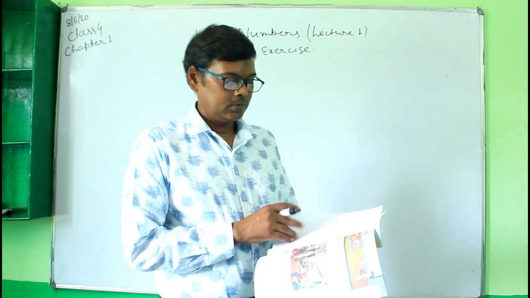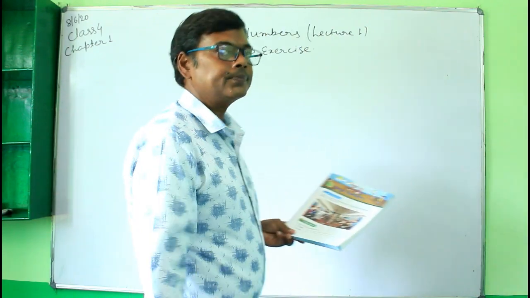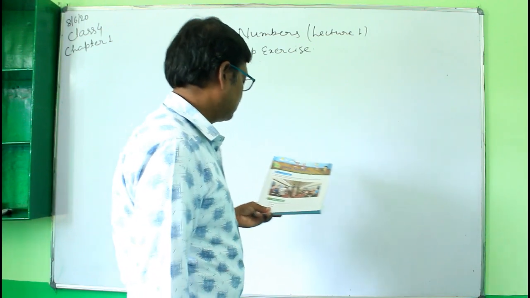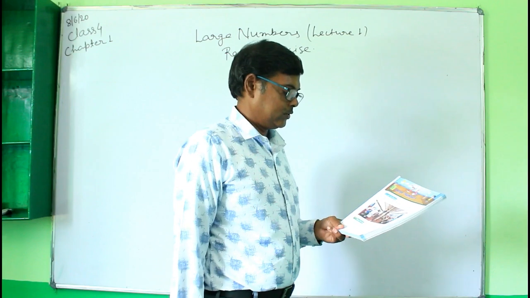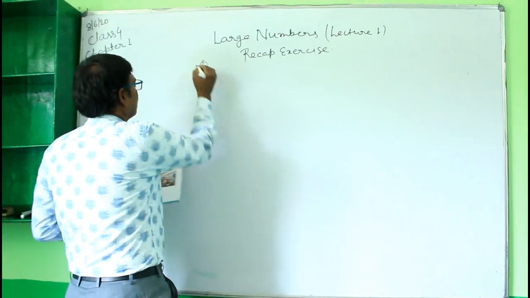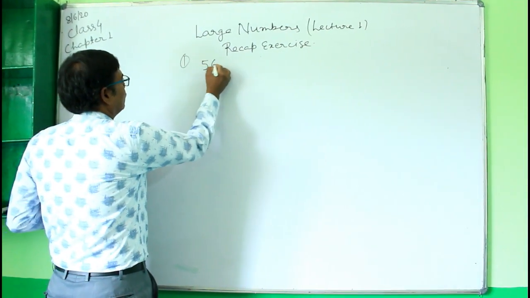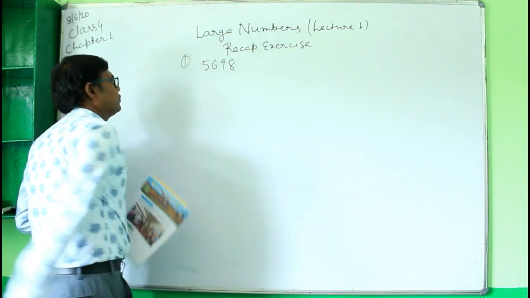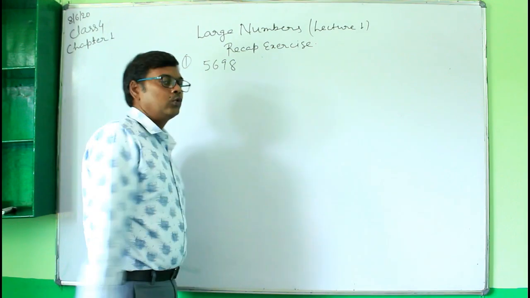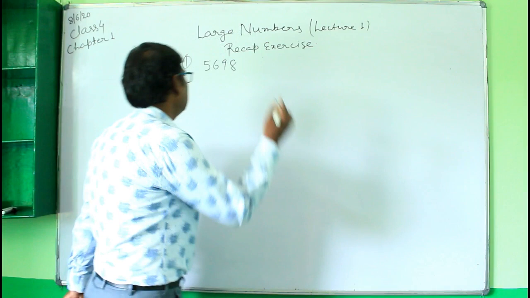So open the book and then see the solution. Question number 1 is here: write the given number in words. The first question is 5698. You have to write this number in words. So how will you write? Here you will write